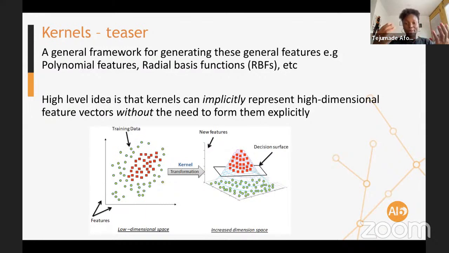It's separable in this dimension. So every time people talk about kernels, it's usually like this: trying to understand how to generate higher order features and how to transform your problem to a space where it is easier to solve.